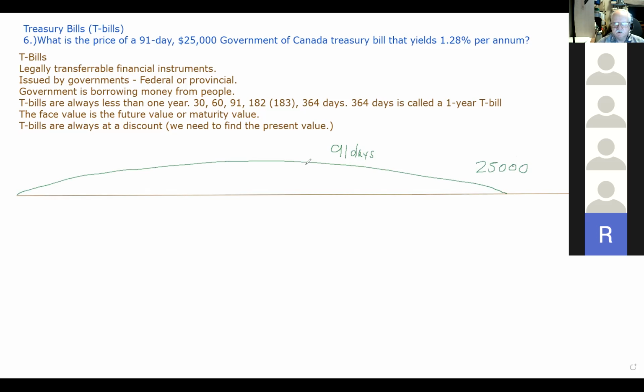We also know that it's 1.28%. And they're expecting us to figure out what the price of this thing was. So we're always discounting this or finding the present value. So we're going to calculate 25,000 over 1 plus 1.28% times 91